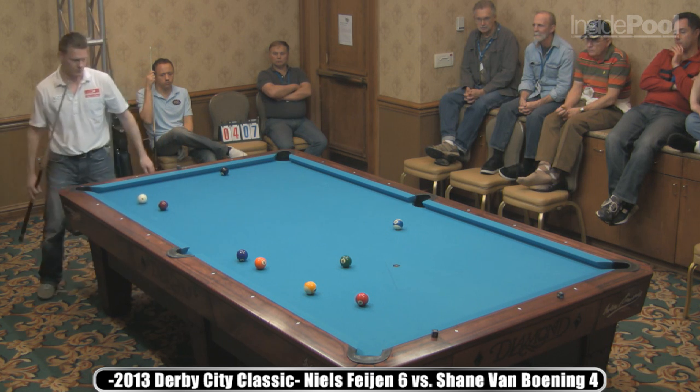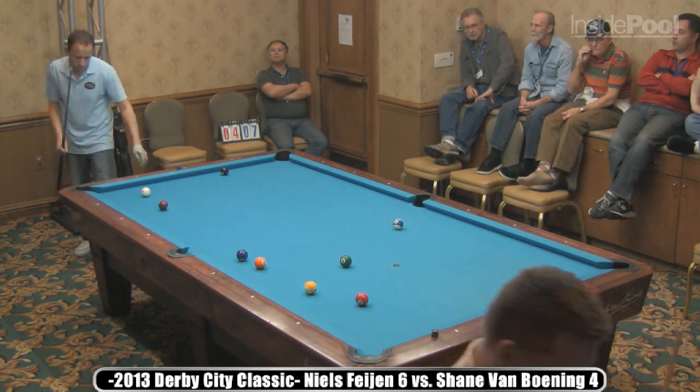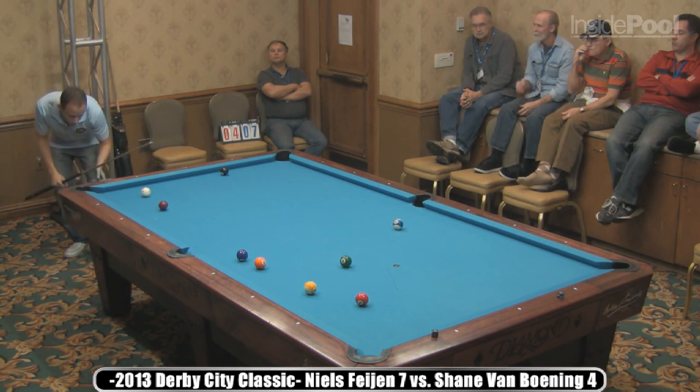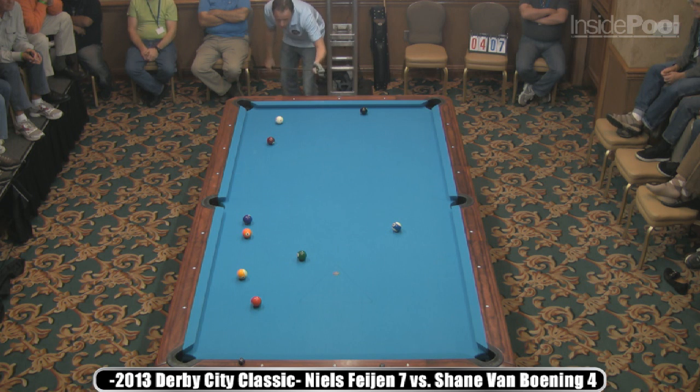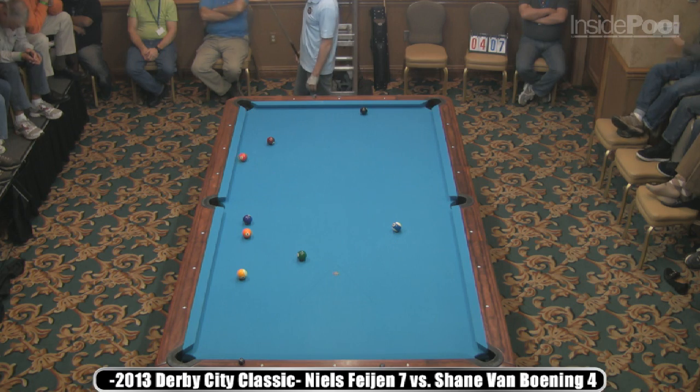Well, if he keeps that behind the 7, it'll be good, but it looks like it's leaking out. Let's see if he can actually see this ball. No, he can't see it. Might be able, he looks like... Yeah, he's going to massé here. Or jump. Shane is probably the best regular stick jumper in the game. It's just so effortful. That was... it was